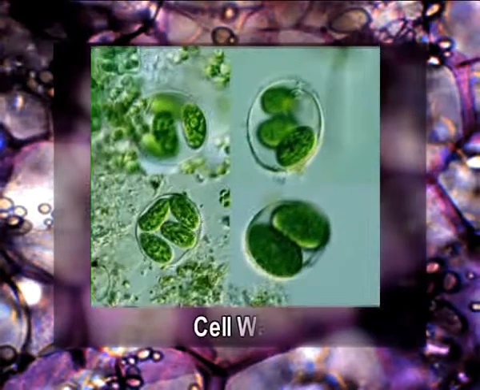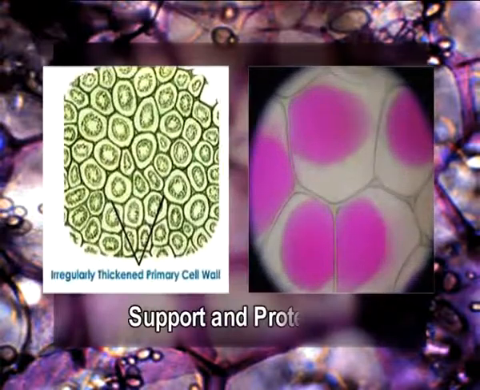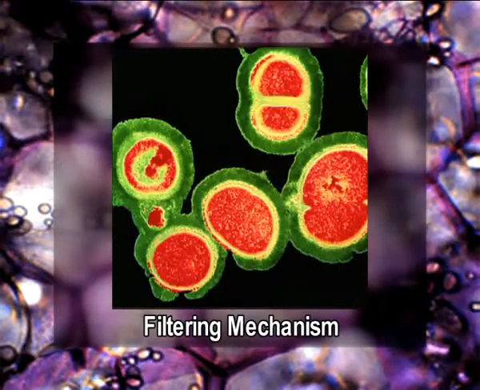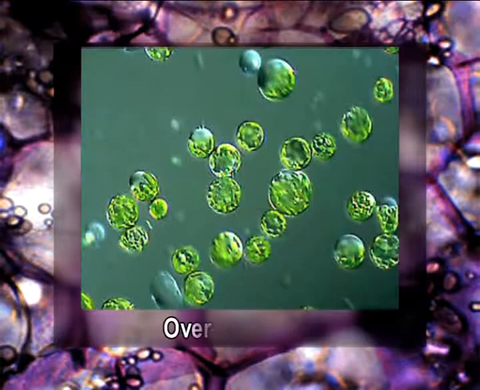The cell wall is a tough, usually flexible, but sometimes fairly rigid layer that surrounds many protostomes and virtually all fungal and plant cells. It is located outside the cell membrane and provides these cells with structural support and protection, and also acts as a filtering mechanism. A major function of the cell wall is to act as a pressure vessel, preventing overexpansion when water enters the